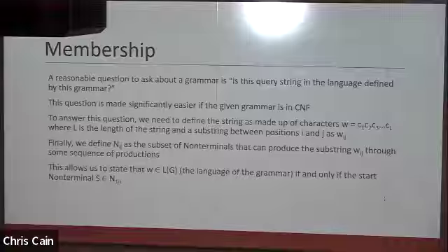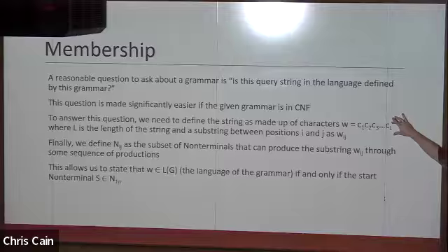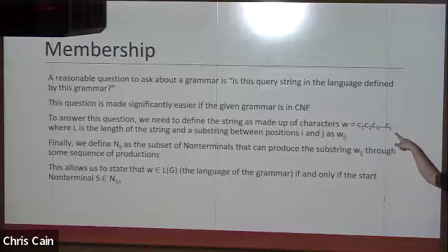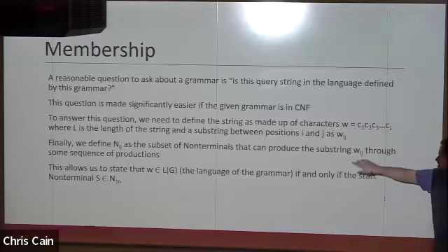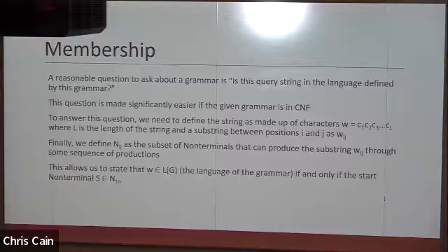That is the two rules. We have a non-terminal arrow non-terminal non-terminal, or a non-terminal arrow terminal. Those are the only two possible rule types that can be used in Chomsky normal form. We break the string down into its associated characters and then one-index those so that we can define substrings of this in terms of Wij. I is where the substring begins, J is where it ends, inclusive. So unlike the substring method in Java,